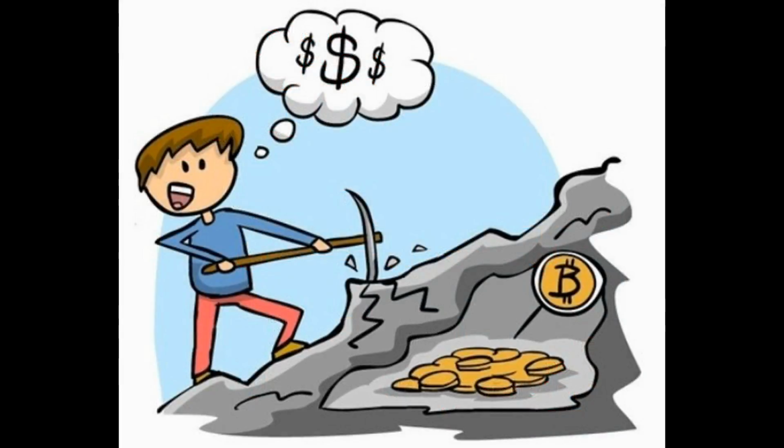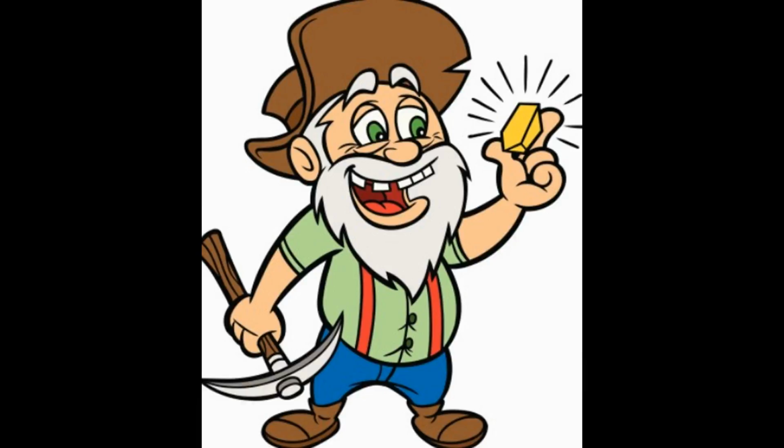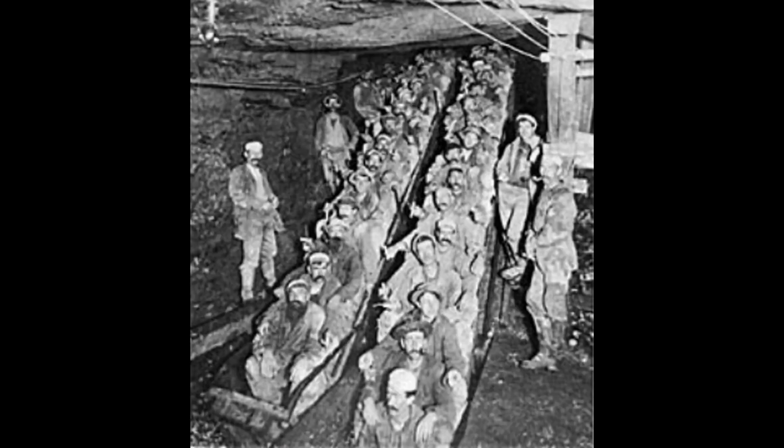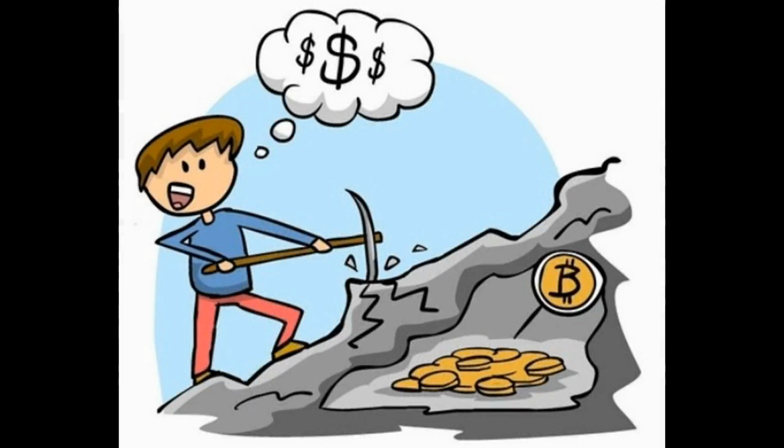While the solving of the block is very work intensive and totally random, the verifying of correctness of the solution is very simple and fast. The difficulty of solving the block is increased or decreased to ensure that there is a solution every 10 minutes. If many miners are trying to solve their blocks and a solution is reached in less than 10 minutes, then the difficulty to solve it is increased for the next block. Conversely, fewer miners will need more than 10 minutes to find a solution, so the difficulty is decreased for the